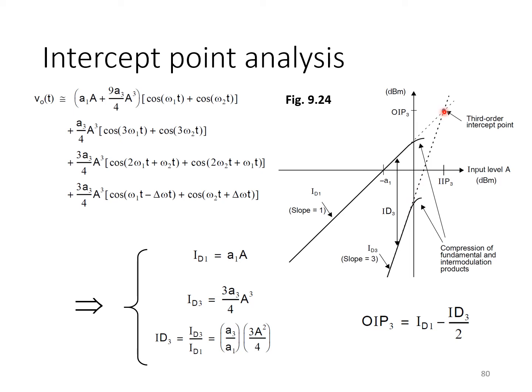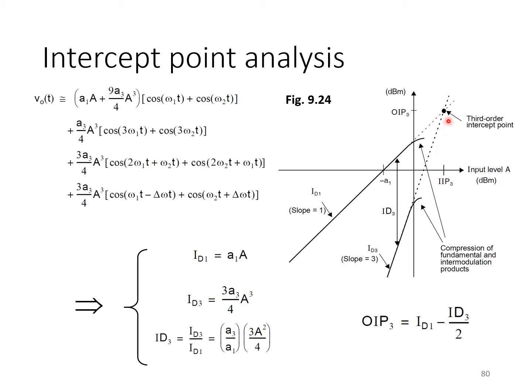This intersection point is called the third order intercept point because we're focused here on the third order nonlinearity, assuming that the circuit is fully differential. You can also define the second order intercept point if it's a single-ended circuit. In that case, this plot here would be a plot of HD2, and it would be increasing with a slope of 2, but similar definitions would apply